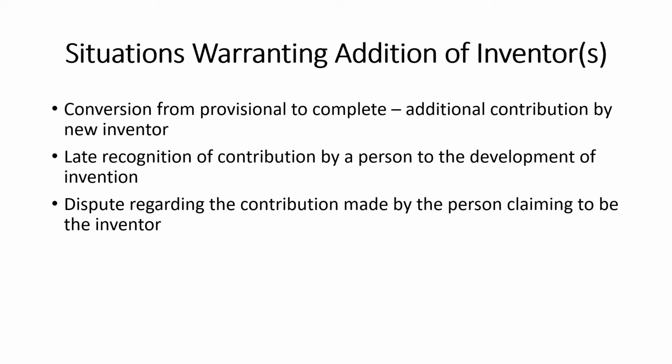inventors. So maybe the first situation could be where you are converting your provisional application to complete specification. So there may be some additional contribution by new inventors. So when you filed a provisional application, it was only in the concept stage, and then few other inventors came through and they developed the invention so as to give it the final form for which you have filed the complete specification. So obviously they would like to claim their rights also on the additions that they have made. So if you are converting the provisional specification to the complete specification, the additional inventors could be added at that